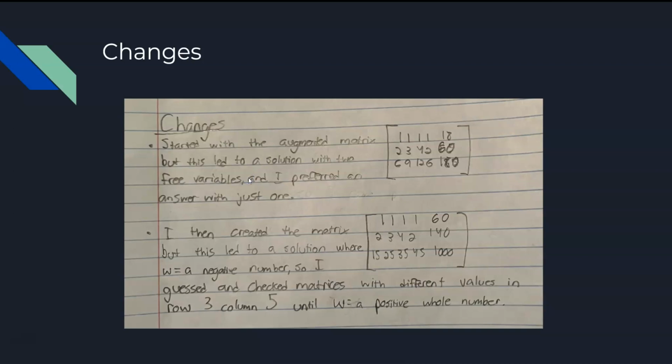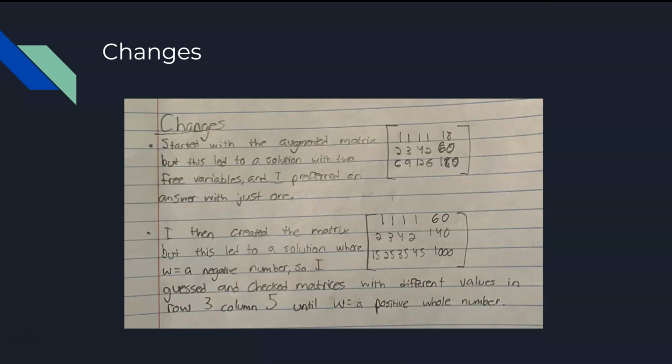So finally, there were 2 changes that I had to make for my initial matrix. So as you can see in the top right, this is the first matrix that I started out with, and I decided to move away from it because it led to a solution where there were 2 free variables, and I preferred to have my answer with just 1. So then I came up with the matrix shown below,